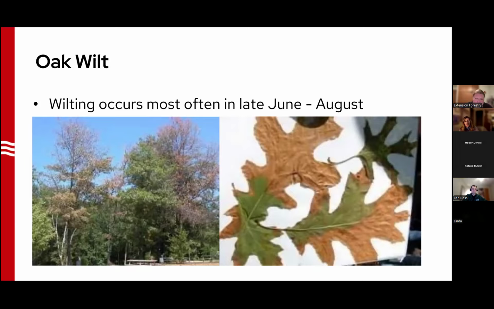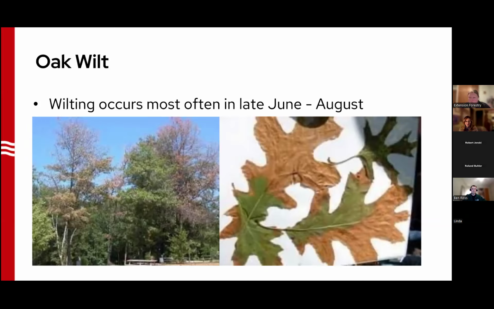So how this disease works, it's a fungal disease. If you have a wound on an oak tree, let's say you either prune it, maybe you cut one down and leave a stump, or maybe there's a windstorm that damages one of your oak trees and leaves an open wound, the fungal spores can get into that wound a couple of different ways. It can spread through air. That's less common. You'd have to have another oak tree infected with oak wilt nearby to spread the spores through the fungal mats. But the most common way it's spread is through sap-sucking insects that carry fungal spores from those fungal mats and go to these wounds on the oak trees and then get that fungus into the tree,